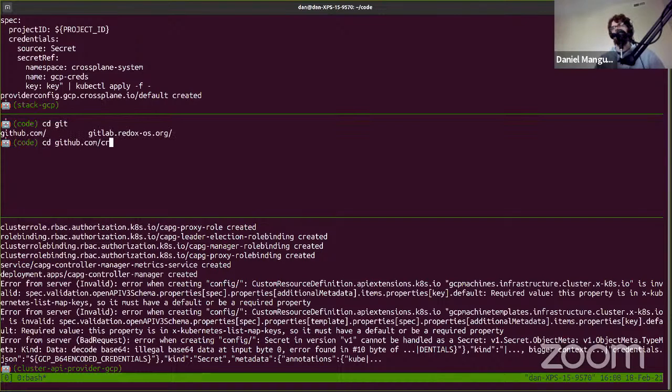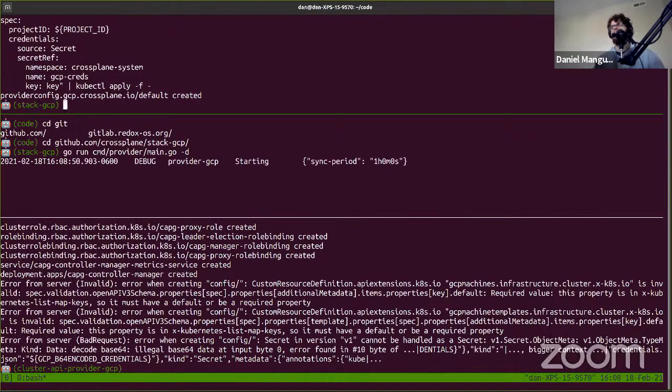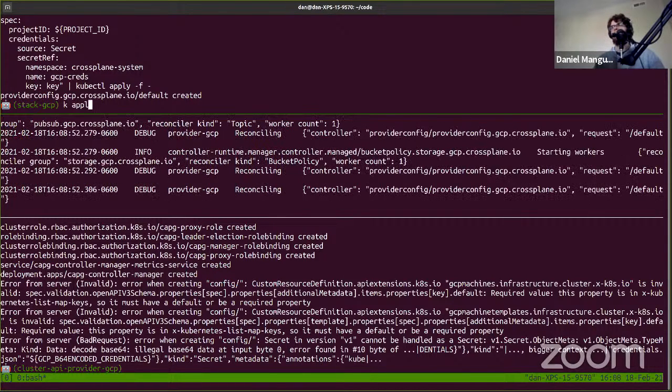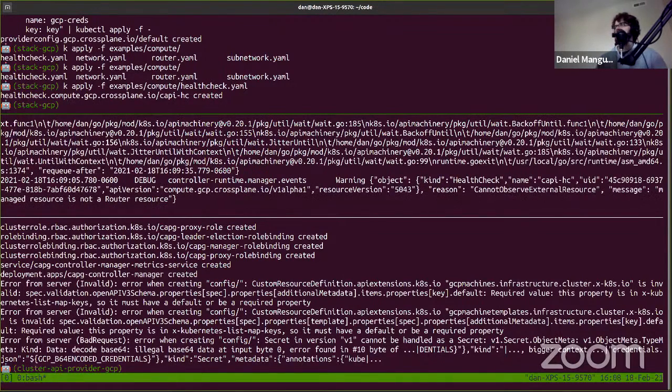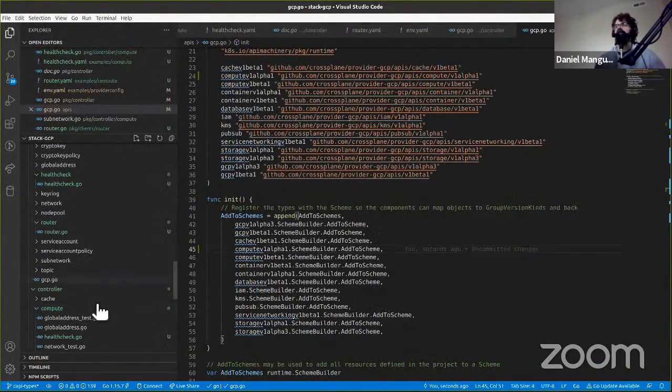GitHub Crossplane stack GCP. Go run command. We'll run it with a debug flag here. And then up the top, we're going to do examples, compute, and let's see. Guarantee you we get an error here. Let's see. Cannot observe external resource. Manage resource is not a router resource. So that would be an issue for sure with trying to observe. I don't know if that's just the error message or